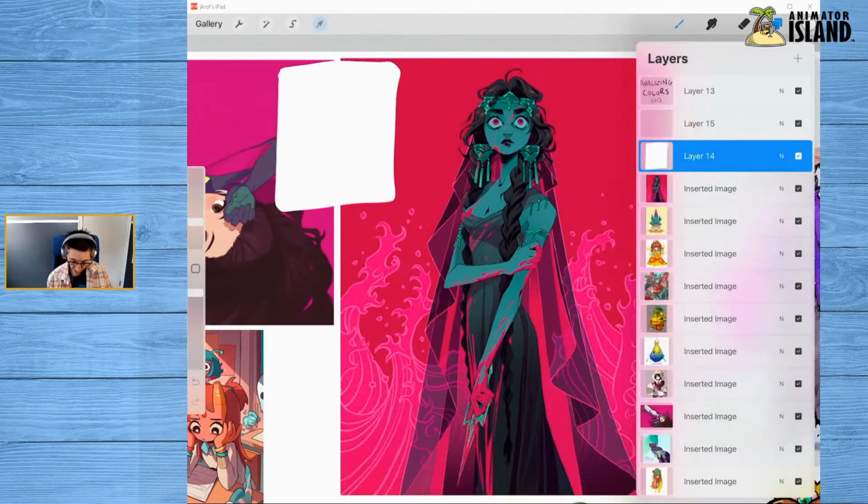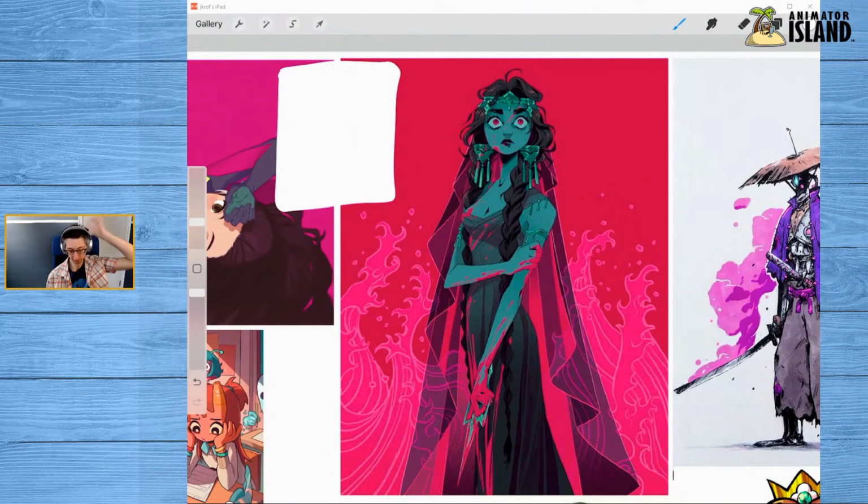I really enjoy so many aspects of this piece, especially with the coloring choices they did. One thing that I think is interesting to note here is their use of a lighter line in terms of color. So what I mean by that is if we look at the background here, and my iPad's just like, I don't want to work anymore. Sorry. When it's been going for a while, it starts to be finicky. So if we look at the background here, we've got this flame color that's that pink. We've got the background that's this more reddish tone. But